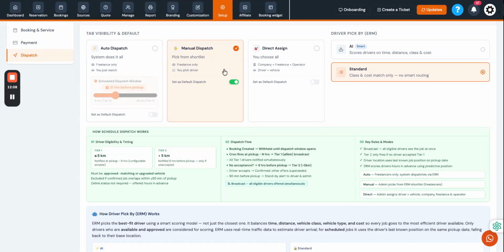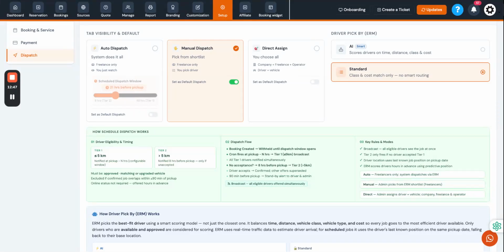Like ERM, you can apply this AI model to qualify the driver, or you can do a standard qualification process. But all you have to do is select the driver out of those qualified drivers in manual dispatch. So you will have the control when you want to dispatch a job. Here the system qualifies and sends the job automatically. In this one, the system does everything for you. You don't have to do anything. Here you decide whom to send. The system qualifies and gives you a bunch of drivers, let's say 10 drivers, 12 drivers or 50 drivers to pick,